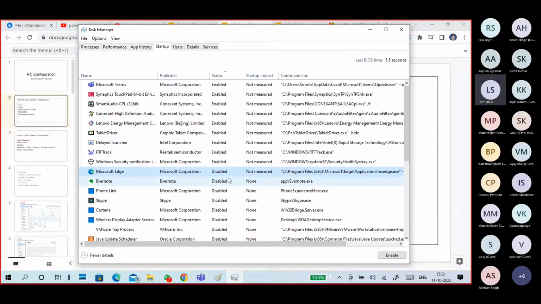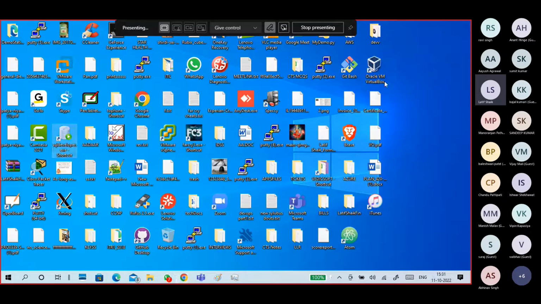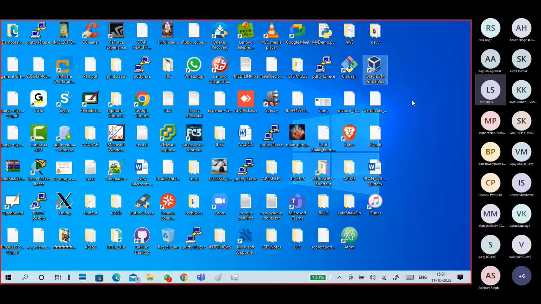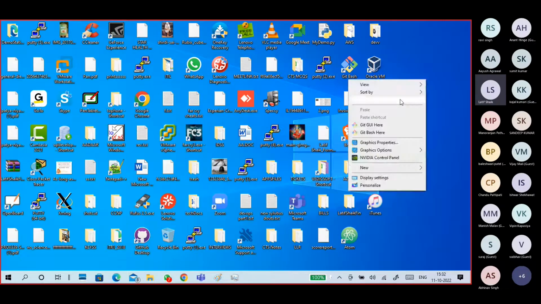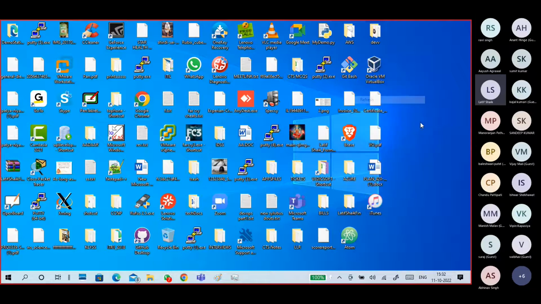So you start your computer, you press the power button, you get a login, you log in, you get your screen, your desktop, the background, the icons, everything is visible. Then you try to open an application immediately, or maybe a web browser. It takes a lot of time. Why is that? Even if you right click, it takes a lot of time. If you click on refresh also, it will take a lot of time. Why? Because of